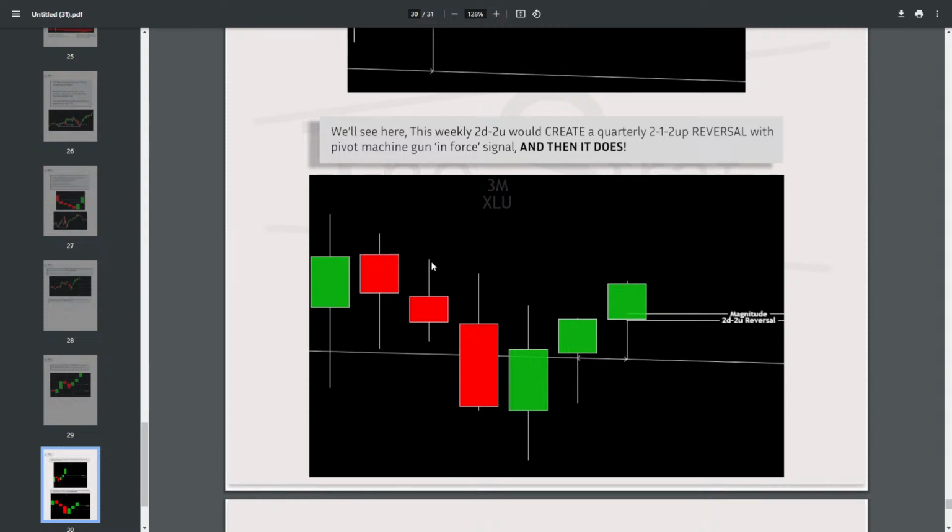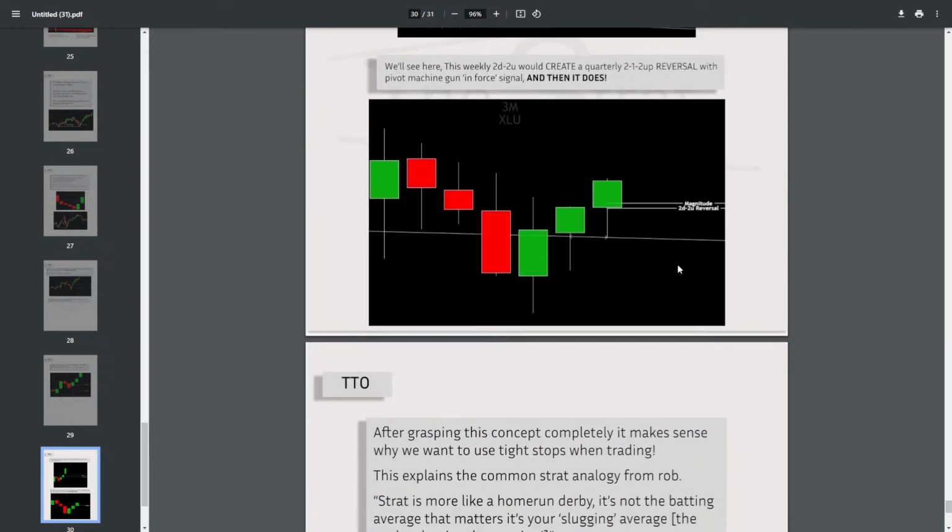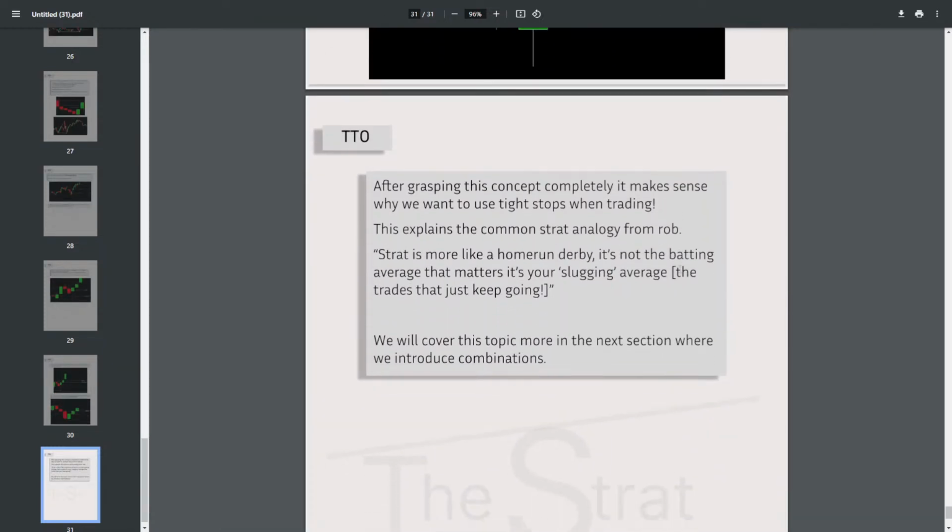Notice combining all the things we've just talked about. And then it does. So the magnitude of the week takes it in force and then boom, up they go. At this point, the Utes, they did trade up into this pivot and now they're drawing down a little bit inside month this month. So I don't expect everyone to understand this right away, but you need to train yourself